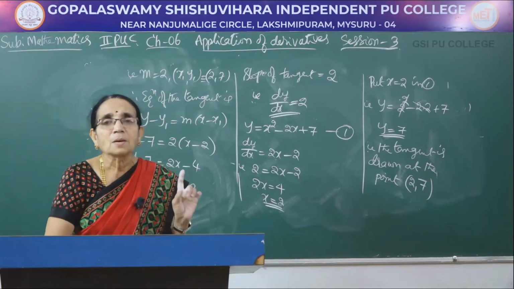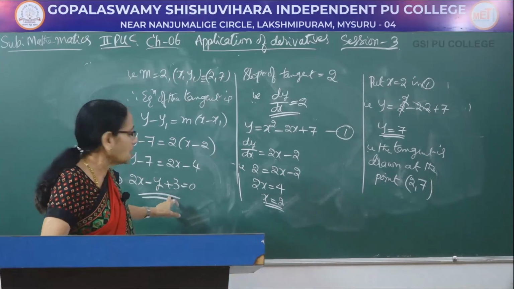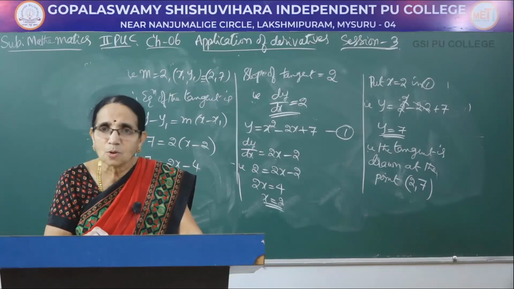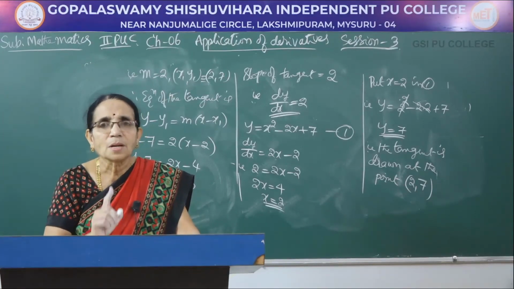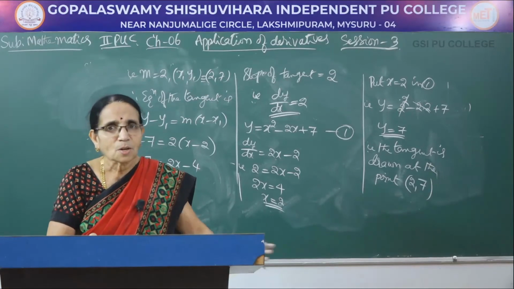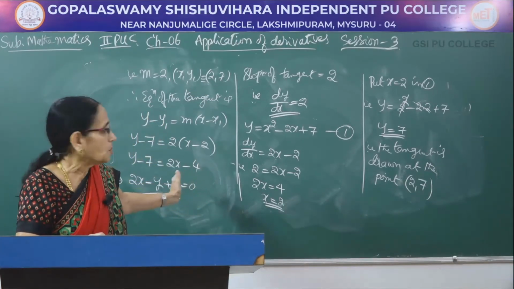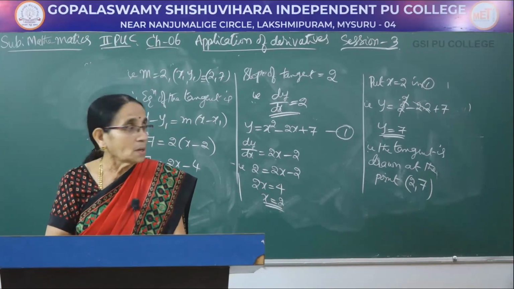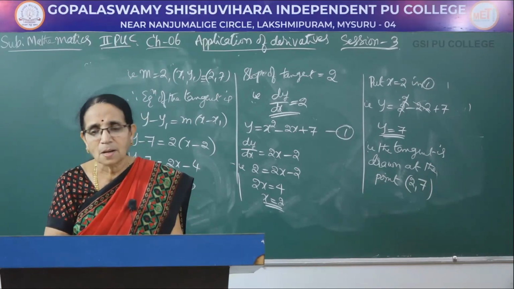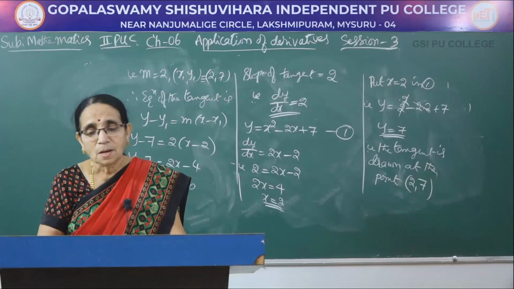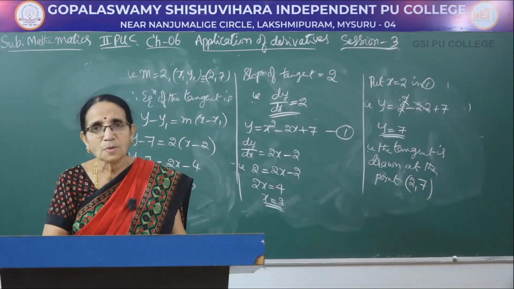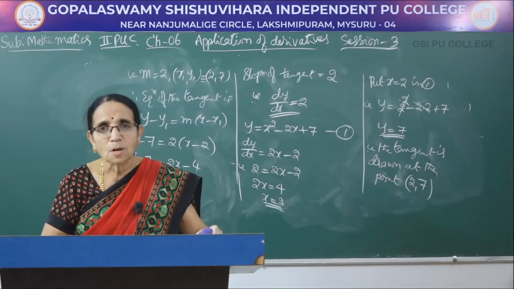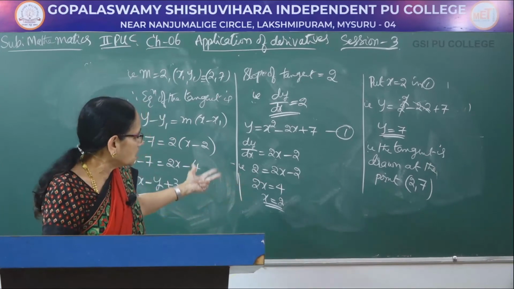You may remember the equation of the line I had given you, 2x minus y plus 9 equal to 0. When two lines are parallel, their slopes are equal. So in the equation, they differ only by a constant. That's what we got here, 2x minus y plus 9, 2x minus y plus 3. So this tangent is parallel to the given line. So when the lines are parallel, automatically you can consider the slopes to be equal, and with the help of that condition we can proceed to get the point, and after the point is obtained, naturally you can get the equation of the tangent.